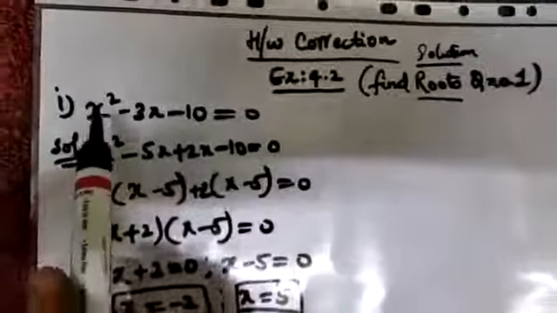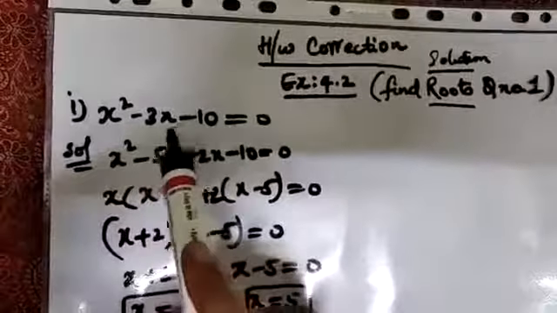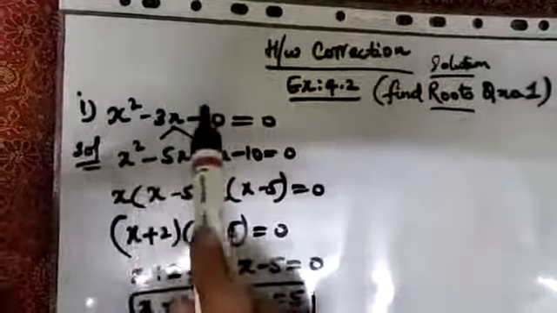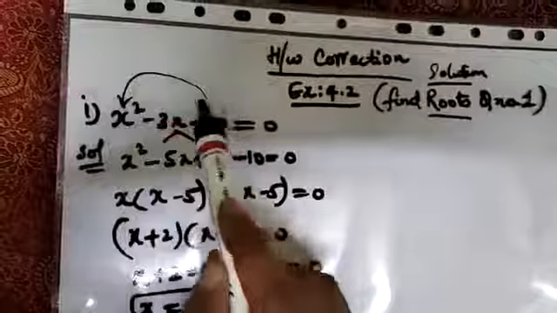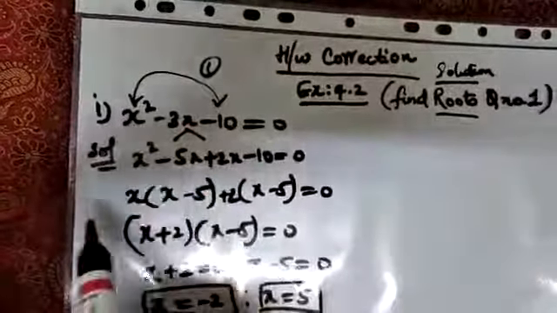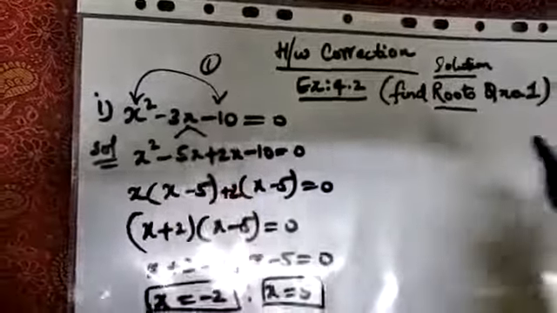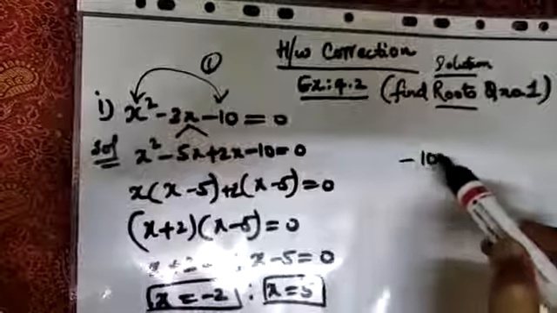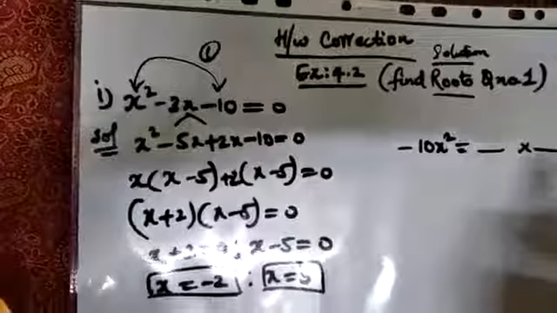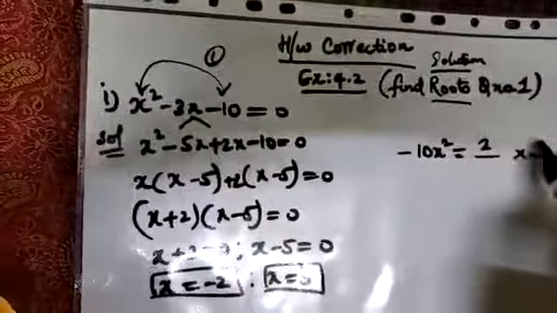Now by seeing this power 2, I can say this is a quadratic equation and I have to factorize it. Okay. So what I will be doing, I will just use the splitting middle term method. And what is the first step? I am writing the number here for your explanation. x square into 10 is minus 10x square, and the factors of minus 10x square are like this. You should choose the factors in such a way that on addition or subtraction it should give you the middle term. So I am writing 2 5s are 10.